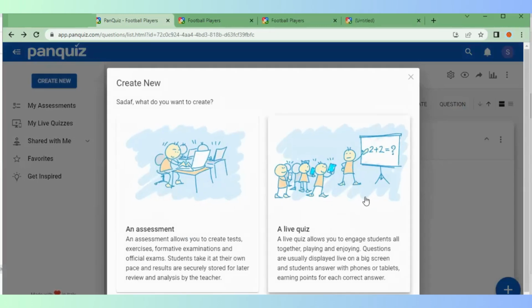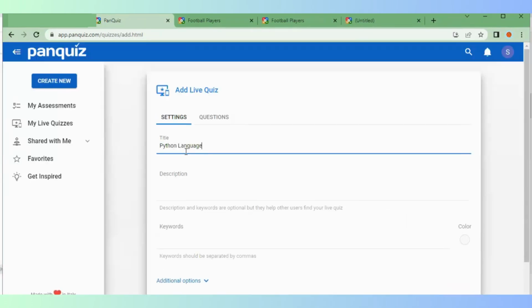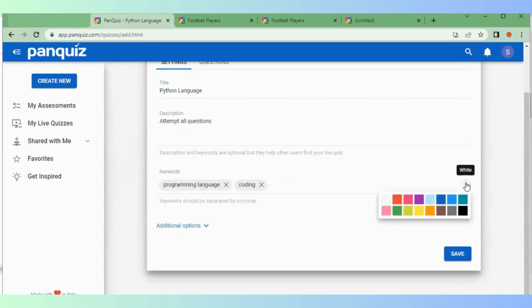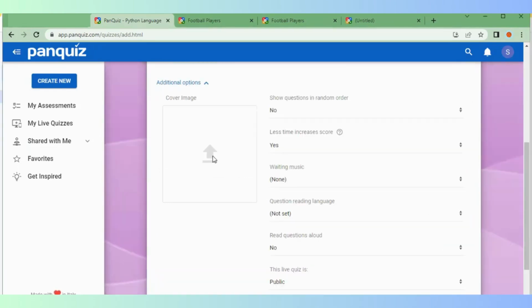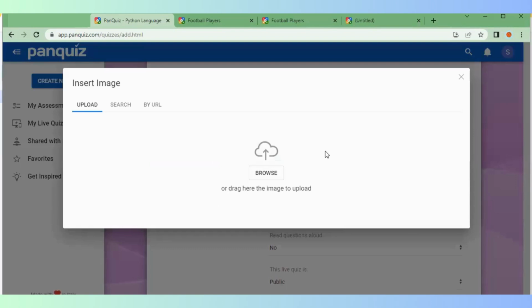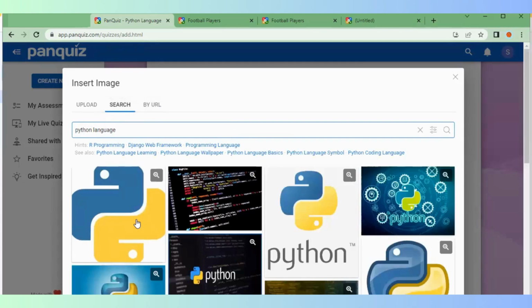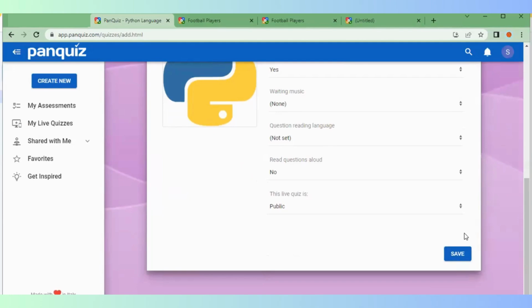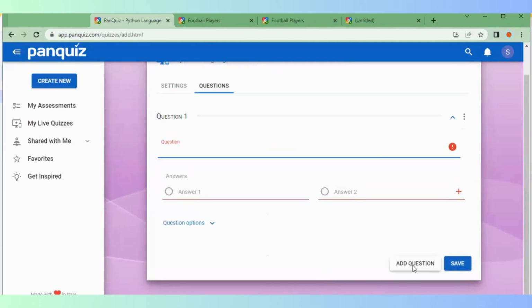Okay, so create new again and live quiz. Python language, programming language or coding, etc. You can change the color of your background if you want. You can change the cover image also. Let's say search, and I'll take this one, and that's it. Save it. Add a question,